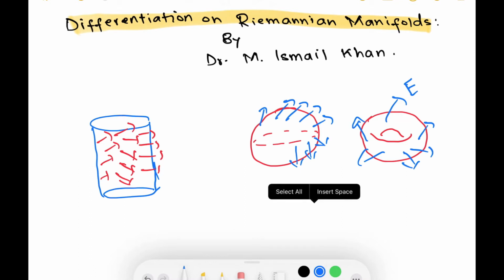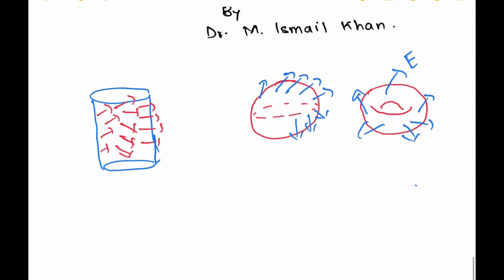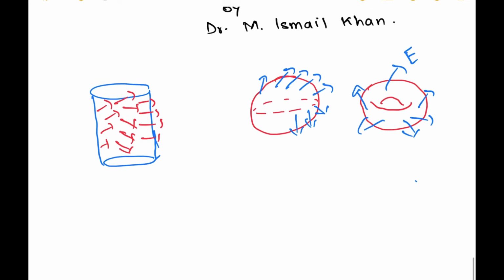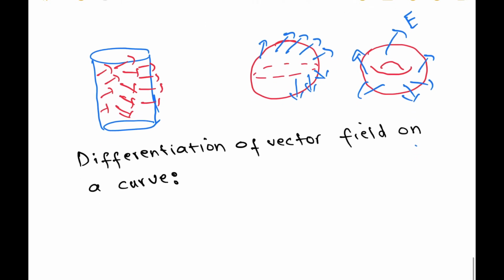How can I differentiate this vector field? In order to approach this problem, first of all we will do some simpler cases, and then we will finally reach the differentiation of vector fields on any arbitrary manifold. So, first of all we study differentiation of a vector field on a curve. If we have some curve which is embedded in Euclidean space,